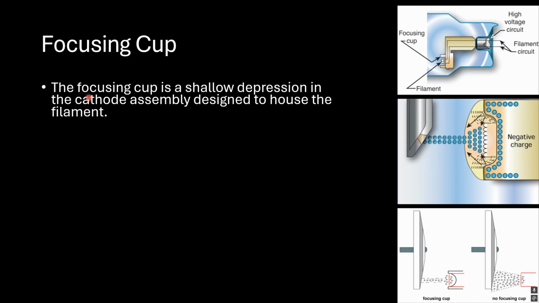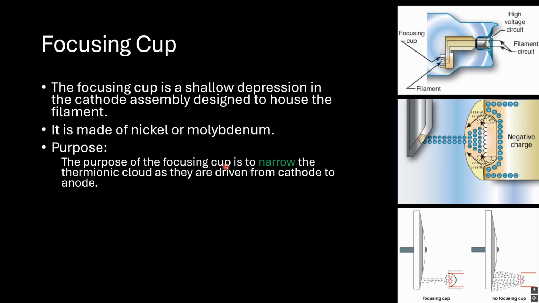Now we have the focusing cup. The focusing cup is a shallow depression in the cathode assembly designed to house the filament. We can see it here. This is the focusing cup in the filament side. It's made of nickel or molybdenum. What's its main purpose? The purpose of the focusing cup is to narrow the thermionic cloud as the electrons are driven